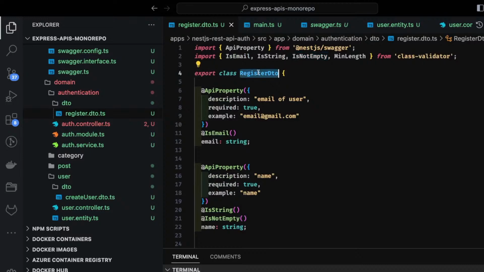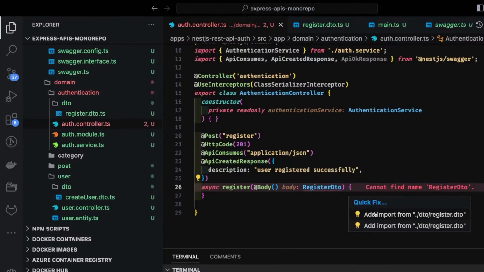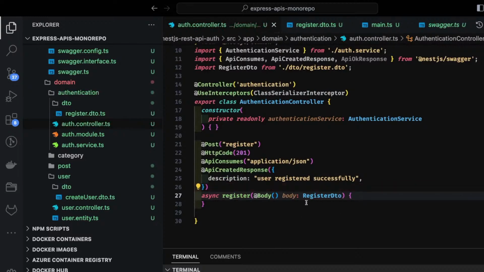So this is the register DTO. Inside a controller, you import register DTO. This is how we create a simple post API. Now inside this body, you have received the payload which you are sending through the request. And what we do is